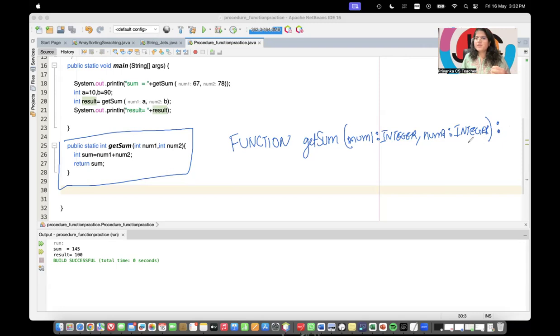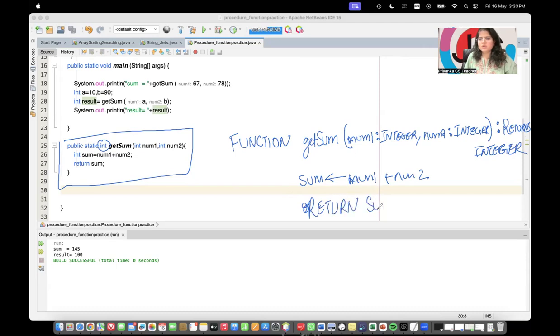Because a function always returns something, we have to write RETURNS. And what kind of thing is it returning? INTEGER. Integer means whole numbers. Then the simple thing: Sum <- Num1 + Num2, and then RETURN. RETURN is in capital letters because it's a keyword in pseudocode. So RETURN Sum, and then ENDFUNCTION